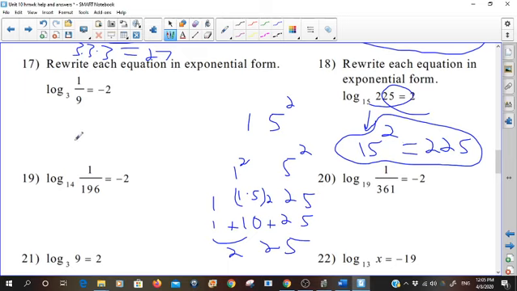So again, rewriting these in exponential form. Don't freak out if you see a fraction. And so 14 to the negative 2 power, right? Base 14 to the negative 2 power equals